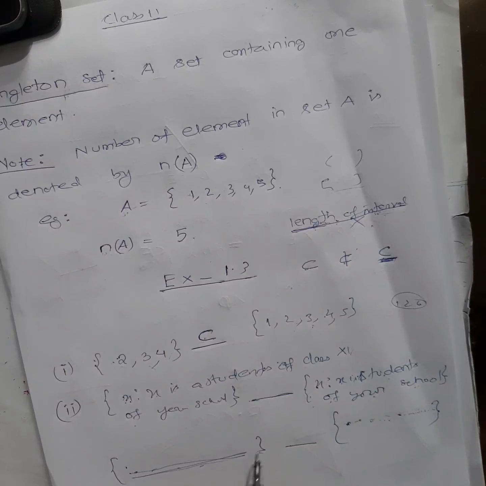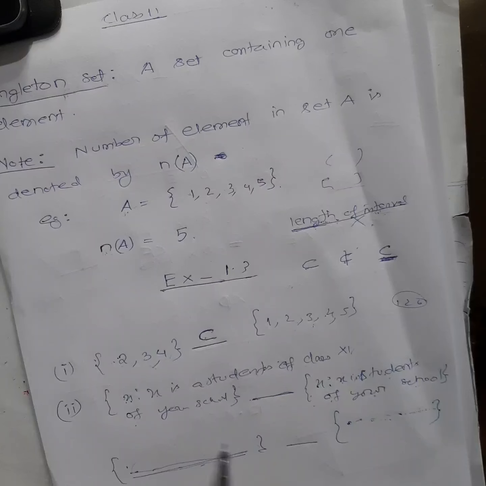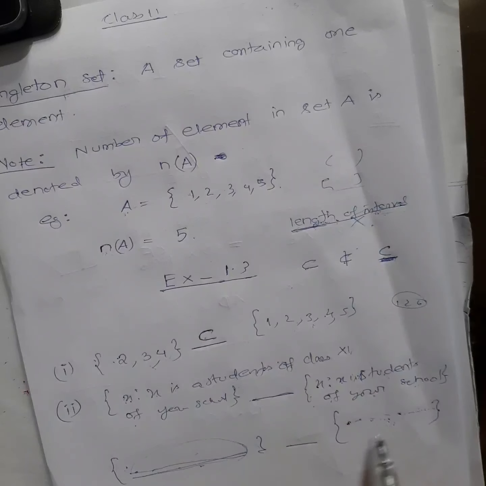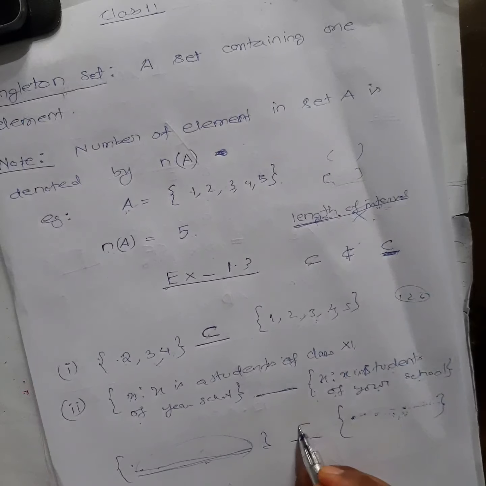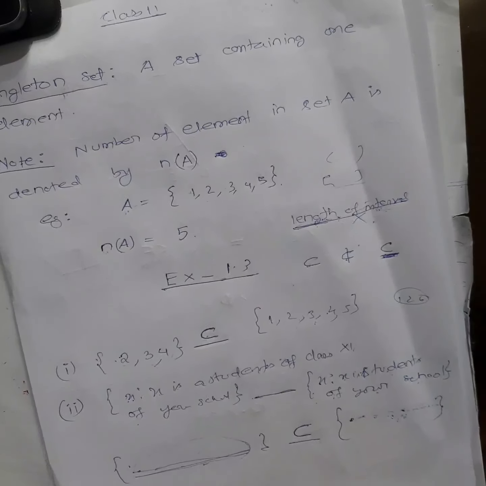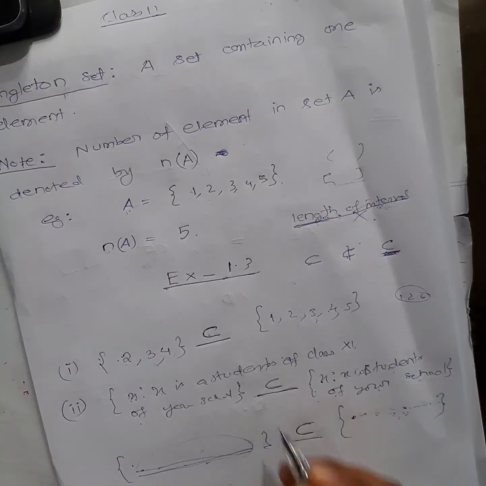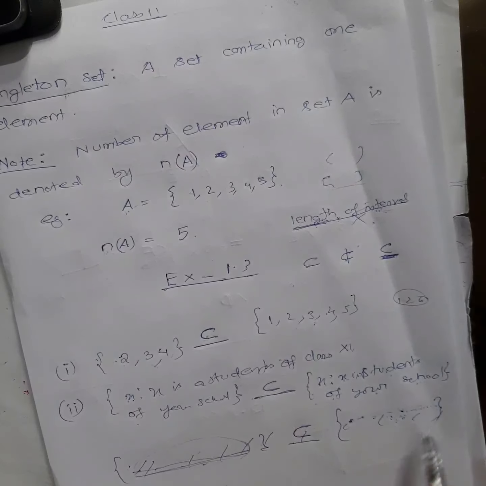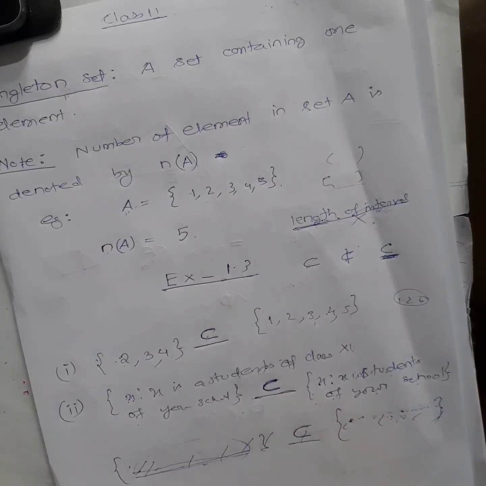Okay, so I want to check whether this is a subset of this one or not. If it has to be a subset of this one, all the elements of this set must be contained here, and you know that all the students of class 11 will be there in this set. It will be there, right? Because this is a set of students in your school. So a student in your school means all the students will come here in this set. Okay, so this will obviously be a proper subset, right? So here you can write proper subset. This is just for explaining, I have written like that. Okay, so this will be your proper subset.